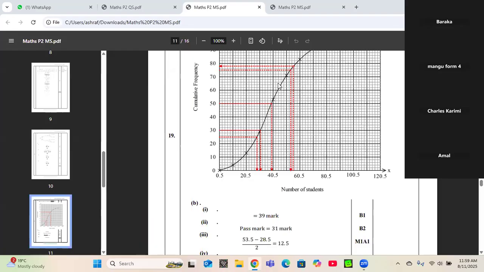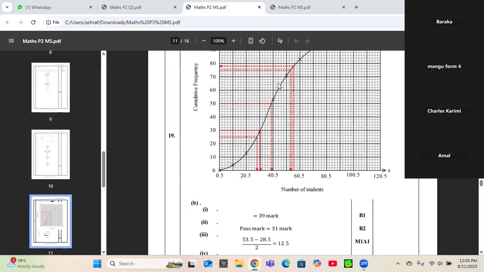I think from the x-axis we get the mark, then we go up to the sigmoid curve, and then we get the value on the cumulative frequency. From that value we subtract from 100 to get the people who passed. Good. So you look for 55 on the x-axis, then get the marks